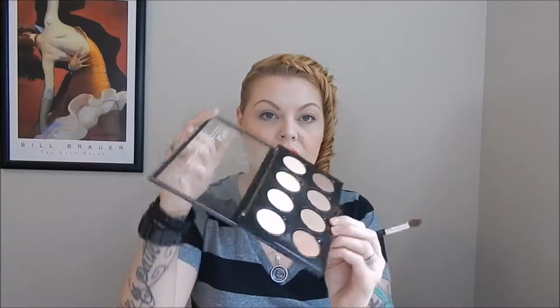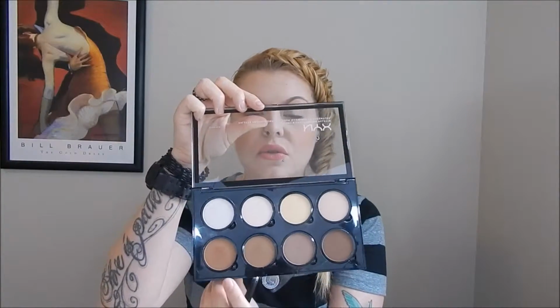And I first was using, let me show you. Actually, it was from this. My sister gave it to me. She didn't want it, and I was using this color here, which is technically a bronzer, but as you can see, I'm almost out. So I'm actually going to use my NYX contour palette, and I'm going to use this